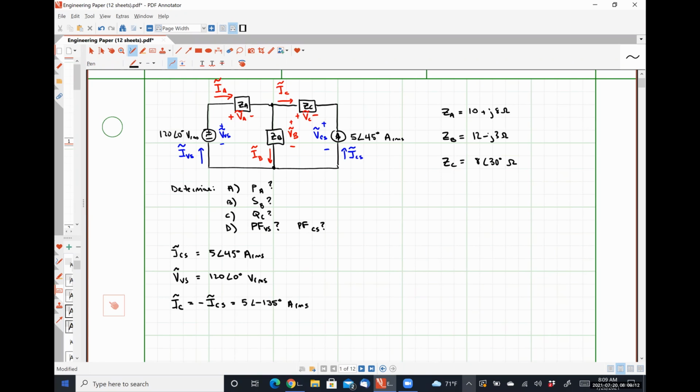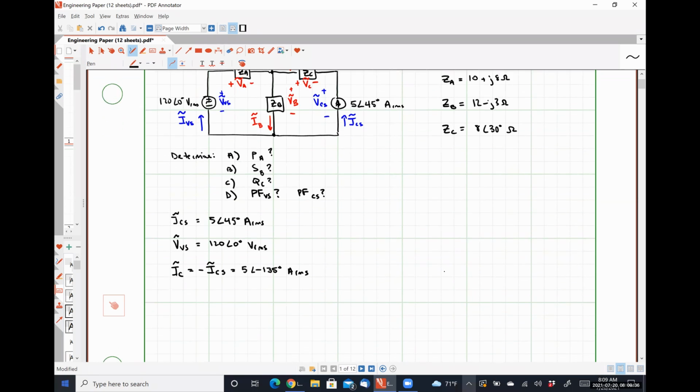Since we know the current flowing through impedance ZC, we have all the information we need to figure out the complex power being absorbed by ZC. We could find the voltage, but it's really not necessary. So we can knock out part C